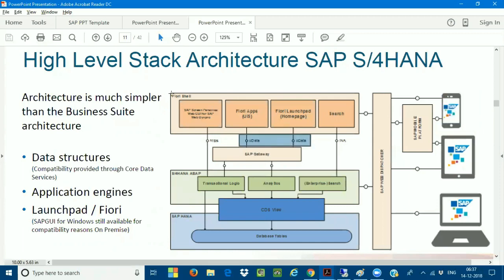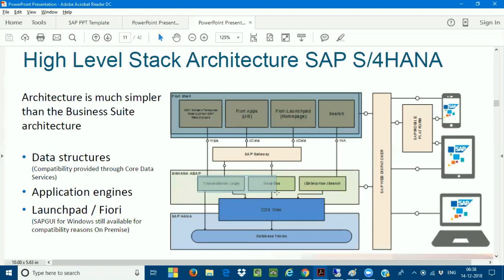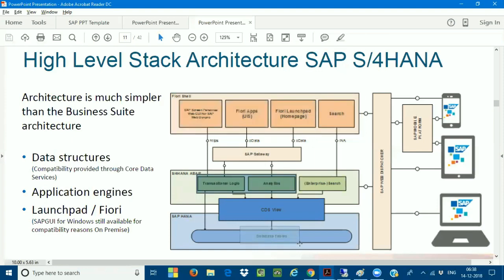So where will this Fiori extract the data from? Very, very important, this is the common concept we need to understand. This Fiori will get the data from SAP. All the transactional and analytical data is provided to Fiori by connecting to your database. You can see here, all these transactionals, analyticals, and the enterprise search you are looking for, I will get all this data from the SAP HANA database. The third one, last but not least, we call the database.